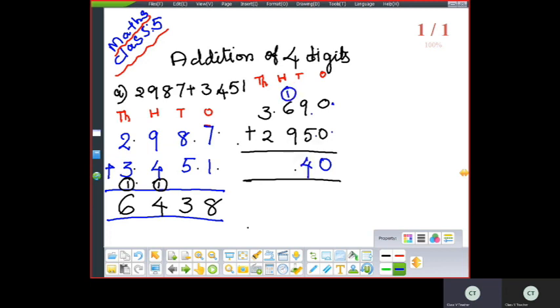1 is carry over on the 100 side. Always carry over on the beside number. So 9 plus 6, 15. 15 plus 1, 16. So 6 will be here. 1 is carry over on the 1000 side. So 3 plus 1, 4. 4 plus 2, 6. So how much did you get? 6,640. So let me do the addition of one more number.